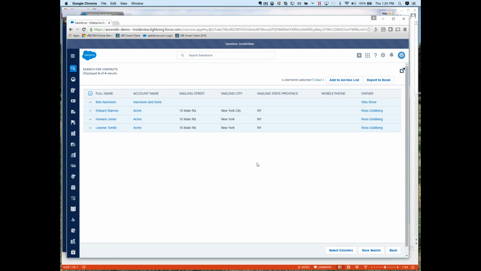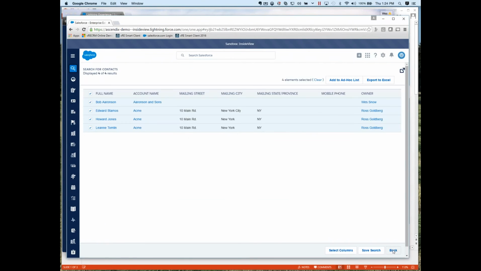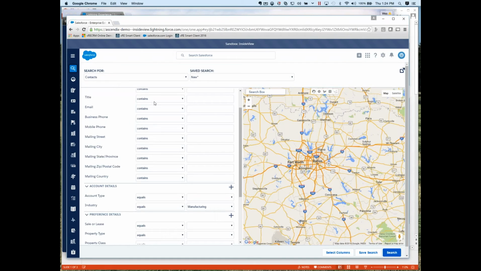So that is available. You'll also notice a select column, so if the default set of columns are not what you wish, you can go in there and change those, reorient them. So you'll see that facility here, grabbing fields from the available pile and pulling them over here, and then reordering those on the right-hand side is all available. So that's a quick example of a basic blocking and tackling search